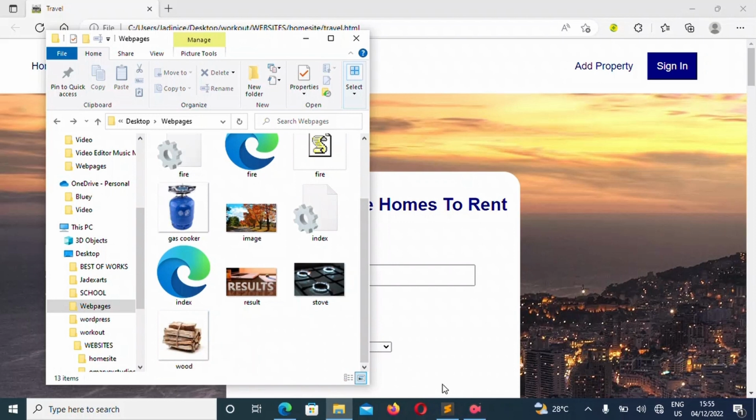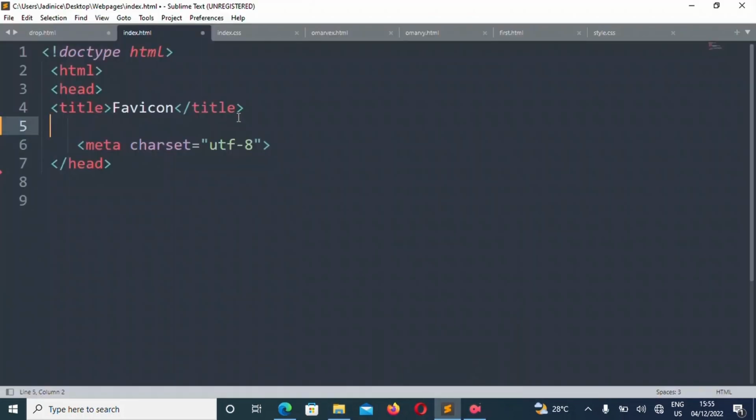With that all taken into notes, I'm going to create the source code, and then we'll see how our favicon looks. The source code is this. Please be very attentive to what it is.